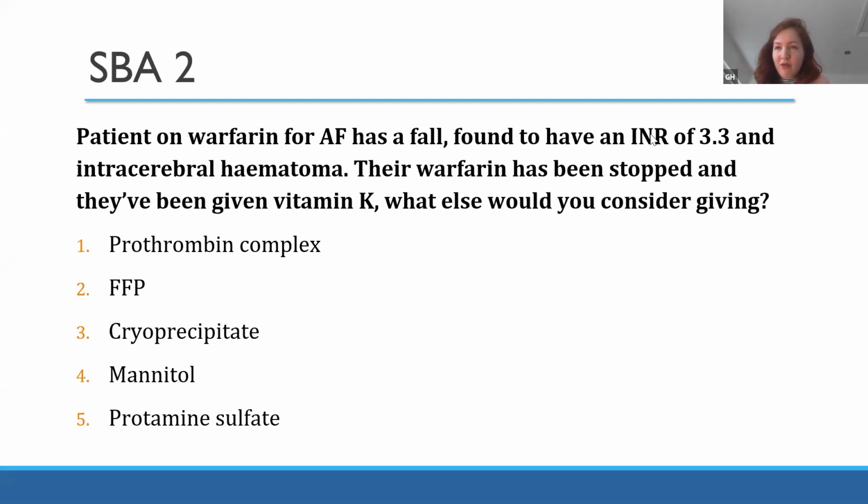But prothrombin complex is rich in clotting factors 2, 9, and 10, and sometimes 7. So that is why for a patient on warfarin, because warfarin works on those clotting factors 2, 7,